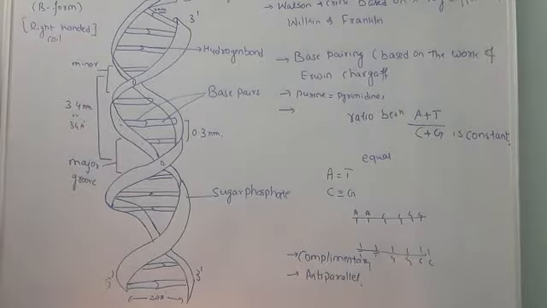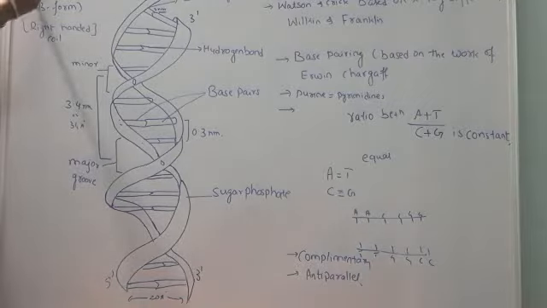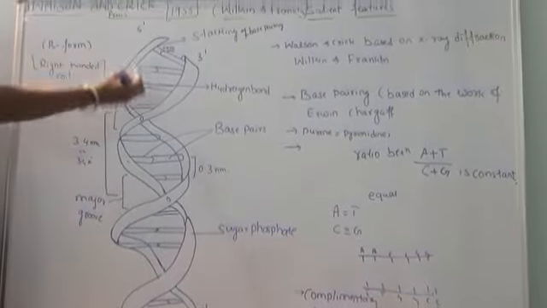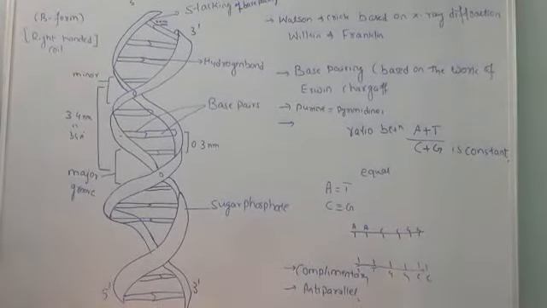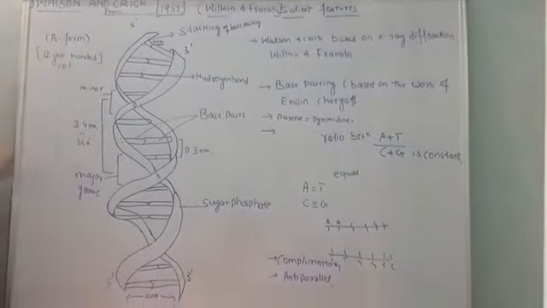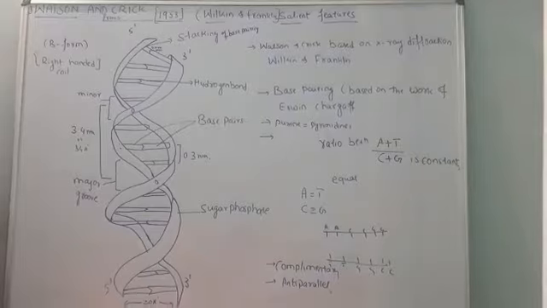Hello students, today we are going to proceed towards the next topic, that is the study of structure of the DNA, which is proposed by the very famous scientists known as the Watson and Crick model. So this diagram is showing the structure of the DNA. This structure is also called double helical DNA or duplex model of the DNA.